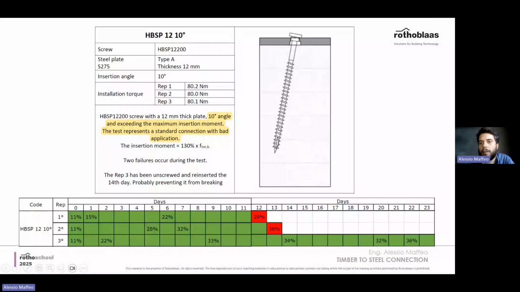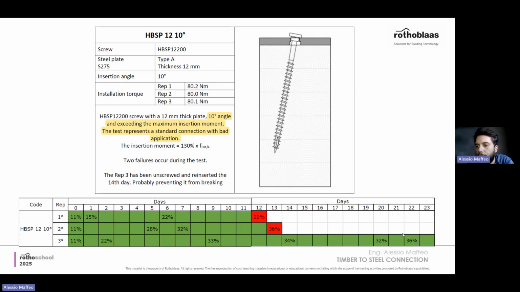But what happens when we start to have an inclination, like we saw in the beginning, right? In the first picture, we had a very evident installation issue. With a bad installation, with an angled installation, and also with double the torque, so 80 Newton meter, double the torque that you should install the screws, you see that 2 out of 3 connectors failed. Also the third one should have failed.